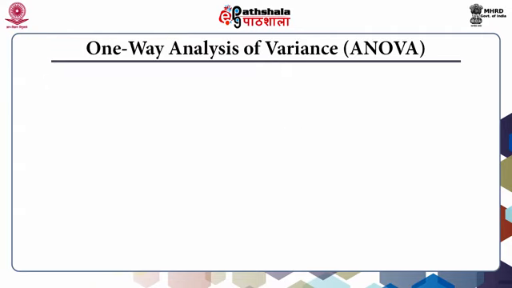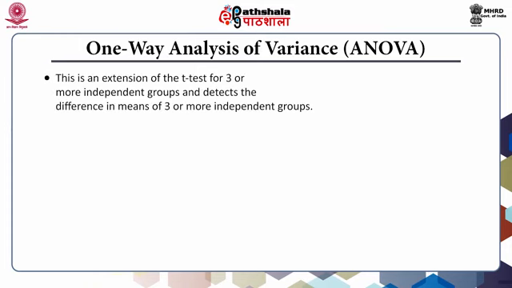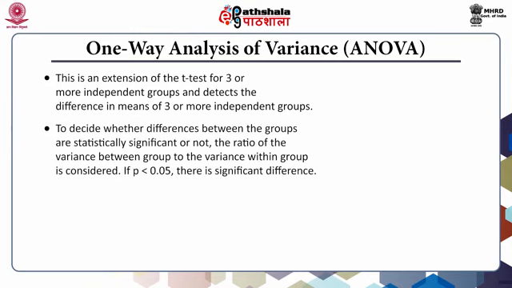One-way analysis of variance or ANOVA. This is an extension of the t-test for 3 or more independent groups and detects the difference in means of 3 or more independent groups. To decide whether differences between the groups are statistically significant or not, the ratio of variance between the group to the variance within the group is considered. A value of p less than